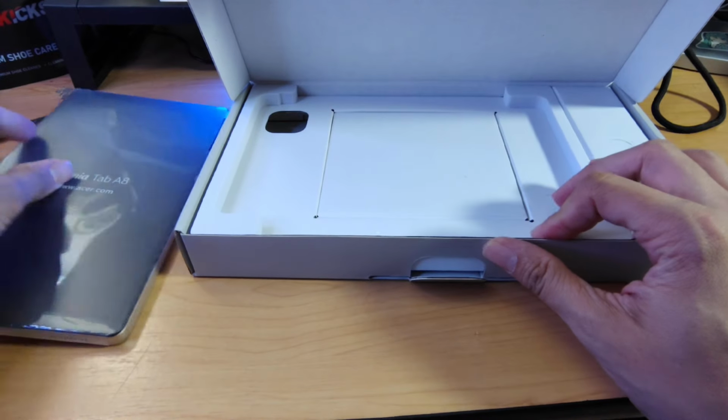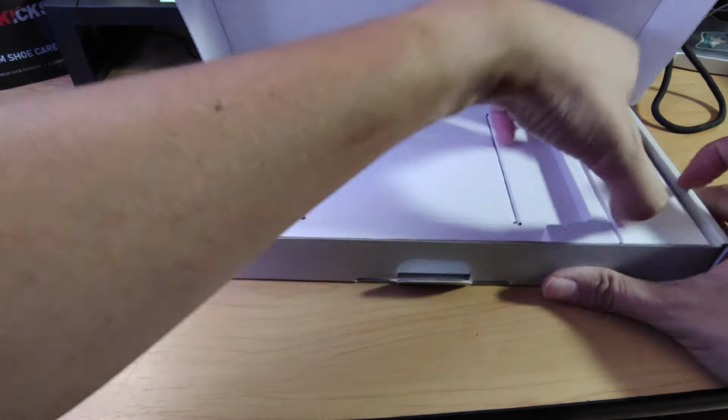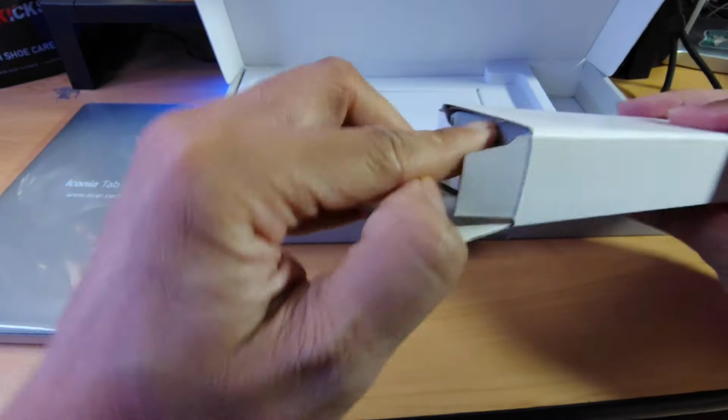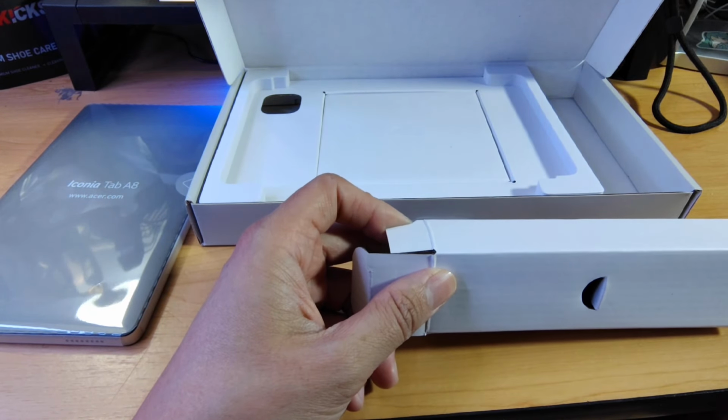So let's go ahead and see what else is in the box here. Let me put the scissors aside really quick. I don't think much comes inside the box besides maybe a charger. So let's take a look here. That's basically it. Let's take a look at what kind of charger it has. I might have to refer to the website to see what type of